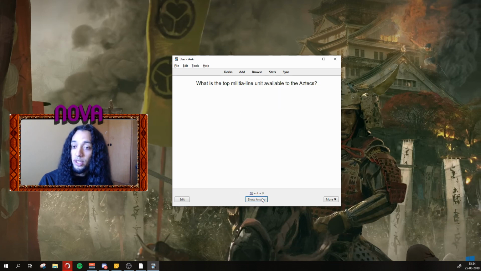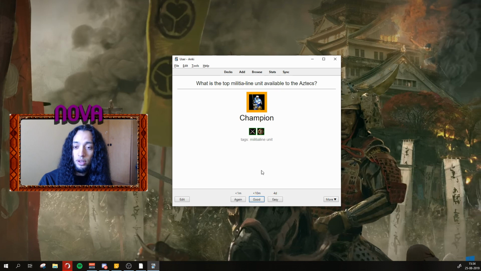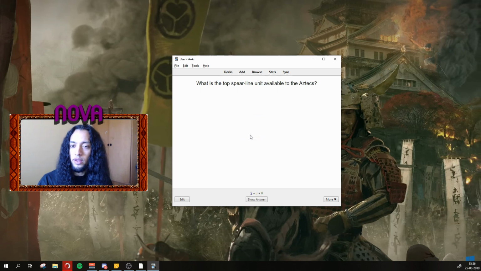What is the top militia line unit available to the Aztecs? That is the champion. Then we're gonna have militia line and unit tags for this particular item. Also notice the Dark Age icon here. I'm gonna talk more about it in just a moment. And let's stop here again for a moment. What is the top spear line unit available to the Aztecs? Now,